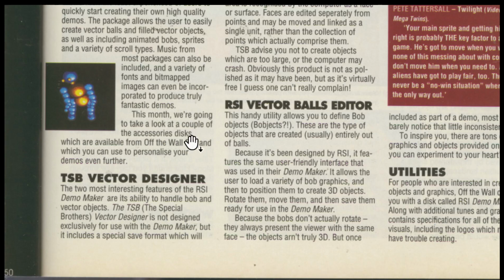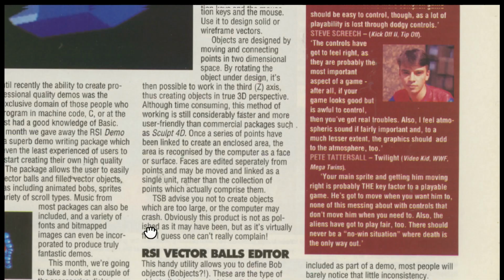This month, we're going to take a look at a couple of the accessories discs which are available from Off-the-Wall PD, and which you can use to personalize your demos even further. TSB Vector Designer. The two most interesting features of the RSI Demo Maker are its ability to handle Bob and vector objects. The TSB, the Scottish Brothers, Vector Designer's not designed exclusively for use with the Demo Maker, but it includes a special save format which will